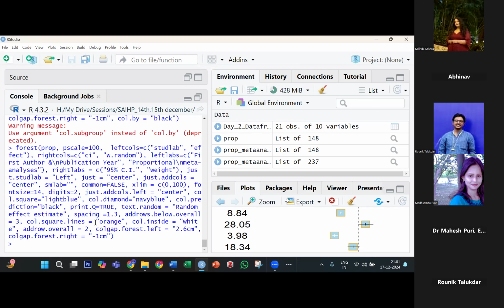अच्छा, और एक चीज, अगर एनालिसिस में जब मेटा प्रॉप कमांड यूज कर रहे थे, उसमें अगर प्रेडिक्शन इंटरवल भी चाहिए, तो एंड में जस्ट कॉमा देके लिख देना प्रेडिक्शन इज इक्वल टू ट्रू। जस्ट टी लिख देना, तो वो प्रेडिक्शन इंटरवल भी दे देगा। प्रेटी सिंपल। ये हो गया तो बोलना।